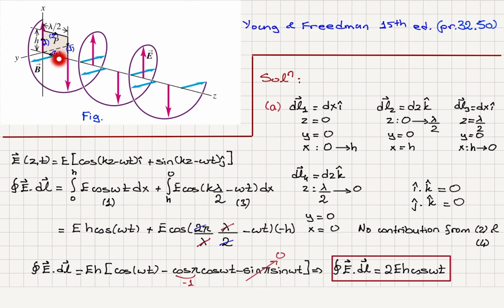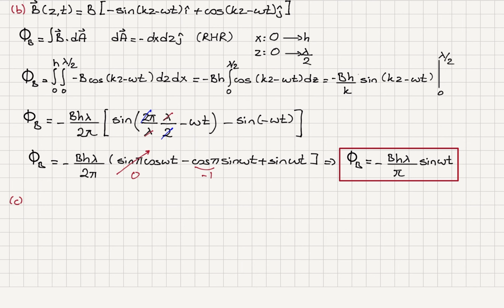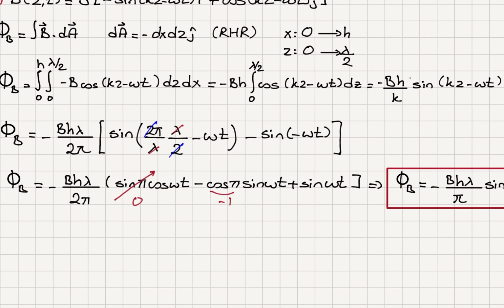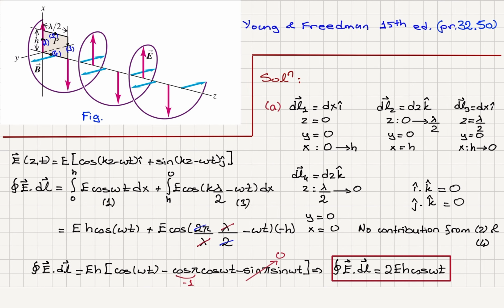This is going to define the full area here. And performing this integral and also using the identity sine(a minus b) is sine a cosine b minus cosine a sine b, I obtain the magnetic flux through the loop P as minus B h lambda over pi sine omega t. So here I want to note that this closed path integral E dot dl actually gives us the induced EMF. So we're going to use this in the next video when we discuss part